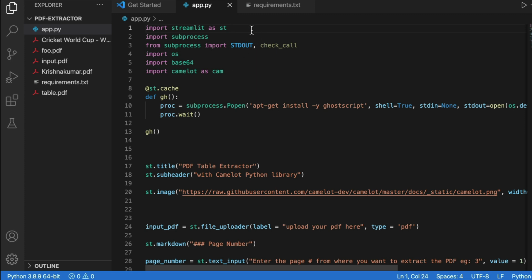So the first library that we're going to use in this project is Streamlit. This is for web app development. We all know. So I should probably call it data app development. Yeah. So the next thing is we want to install a particular dependency for Camelot, and the dependency is called Ghostscript. Ghostscript helps you with viewing PDF on your machine. And the code that I'm going to show you is particularly tailored for Linux machines, or Mac Unix based machines.